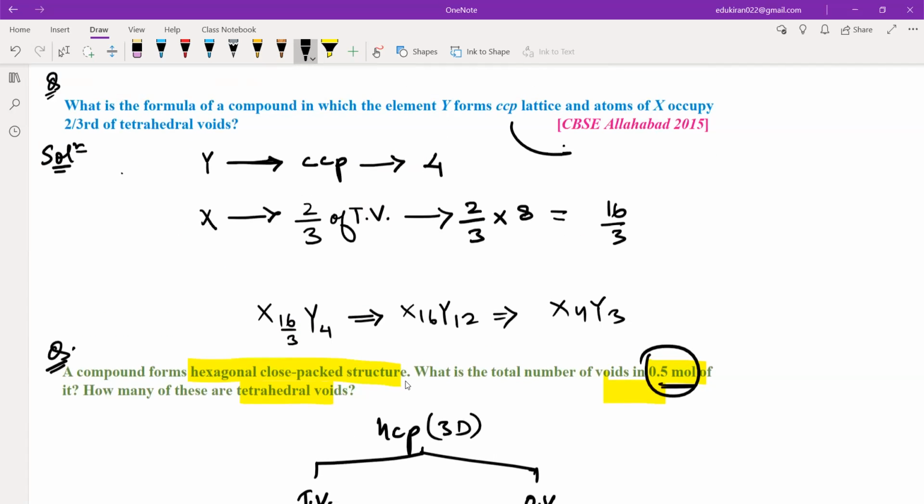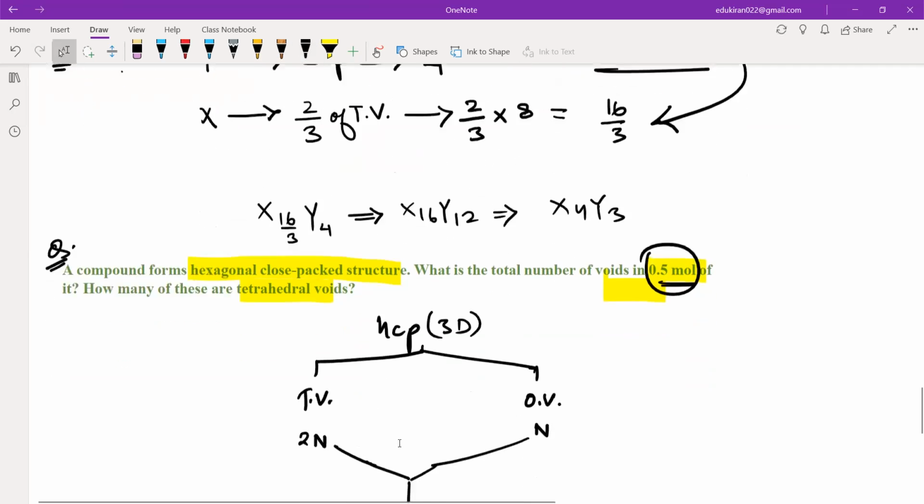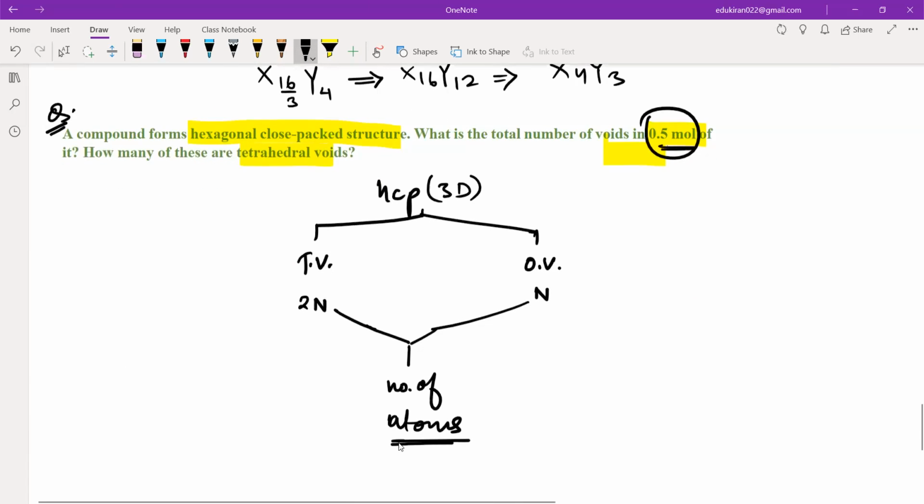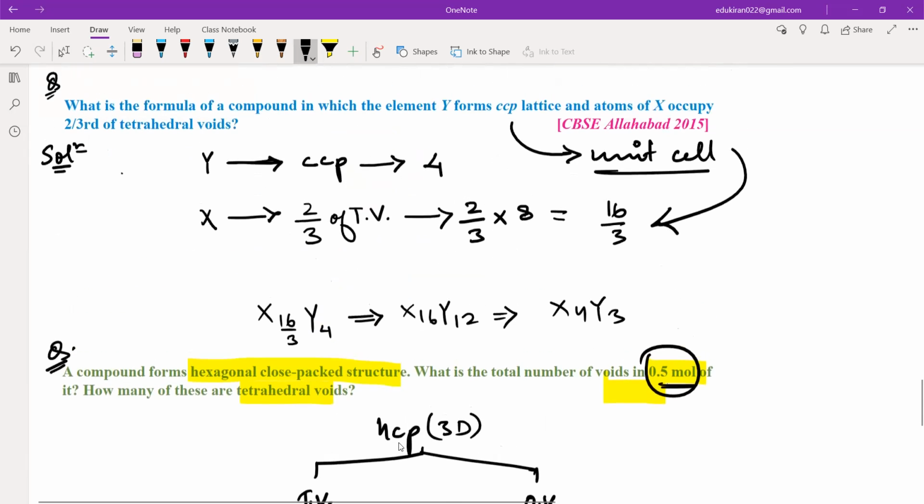See, here we were dealing with a unit cell. So we were looking at a unit cell and then we were calculating the formula. But the question is saying now that we have taken 0.5 mole. Now you calculate all the voids. That means you have to consider all the unit cells, and in all of those unit cells, how many voids are there? Not one unit cell. So earlier when we used to say there are 8 tetrahedral voids and 4 octahedral voids in a CCP, FCC lattice,